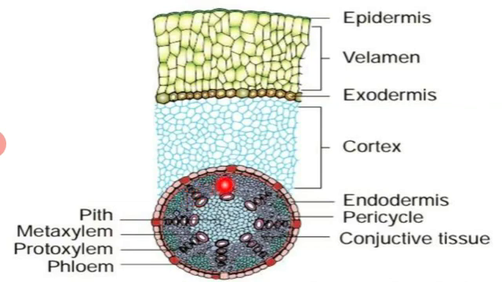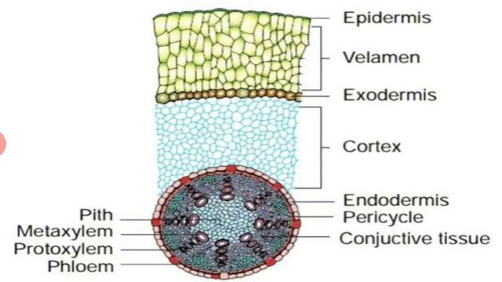Here the young one is named protoxylem and the matured one is named metaxylem, and in between these two xylem regions you can find this greenish one, which is phloem. So xylem and phloem are arranged alternately. Already you have learnt in 11th standard the arrangement of vascular bundles, is it or not? That is exarch as well as endarch condition. In between the xylem and phloem there is a connective tissue named conjunctive tissue.